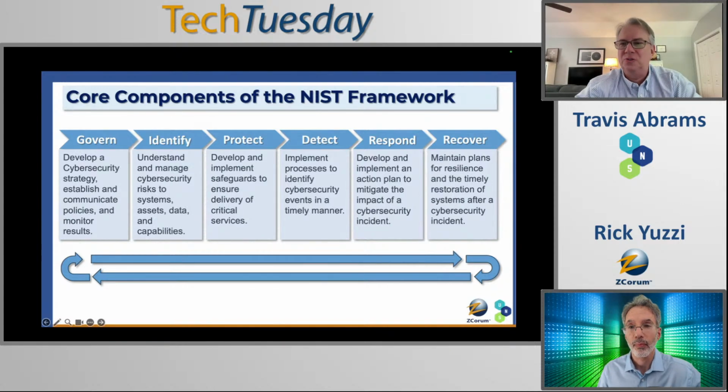So, question for all of you to think about: when was the last time you actually tested restoring sensitive, critical data to your environment, right? When was the last time you failed over your firewalls or network devices just to make sure it works? So you want to do that. You don't want to be in a situation where you realize there's some misconfiguration or something not functioning correctly when you're trying to restore your data. Good point.